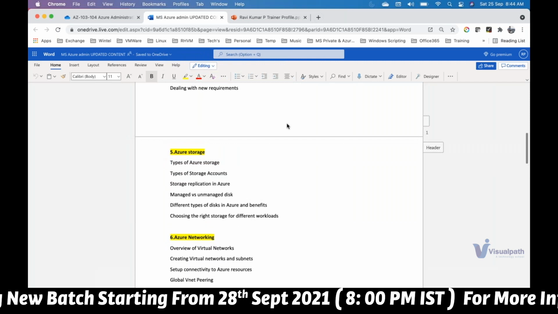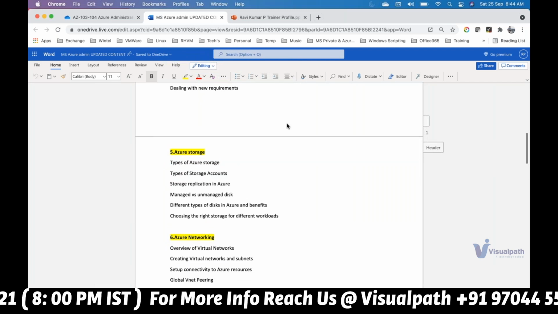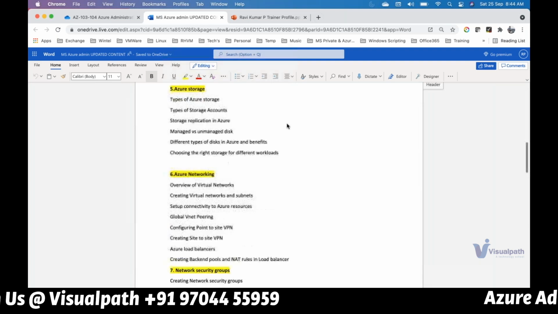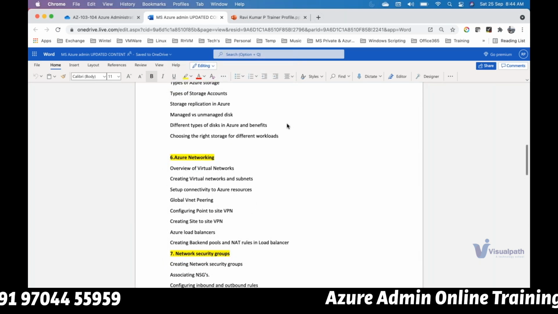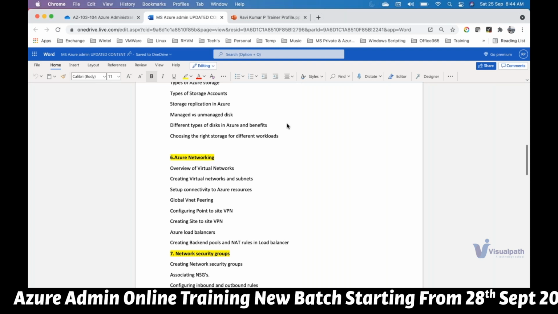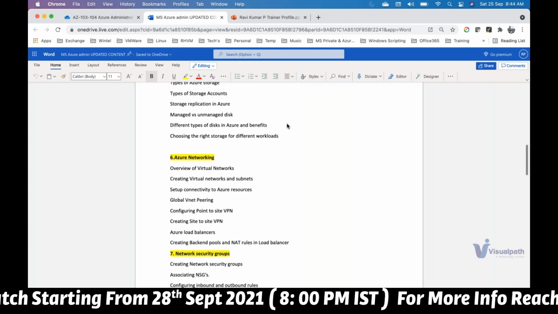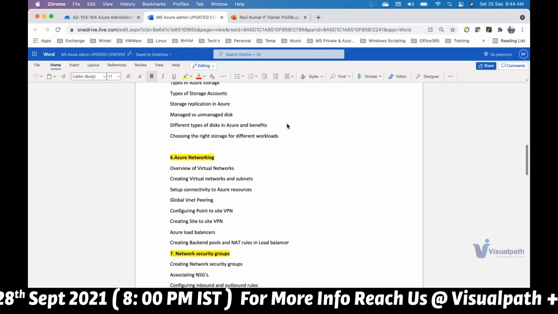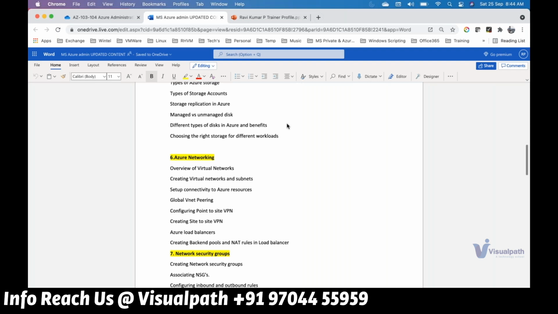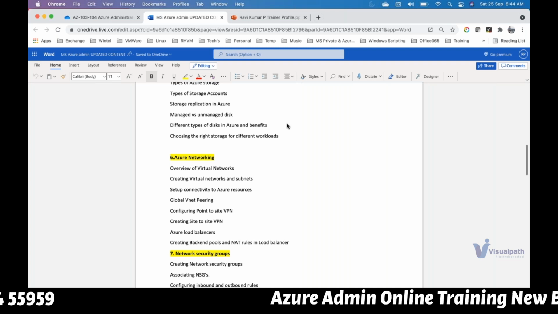Next we'll be covering the storage part, like what Azure Storage is, how you use Azure storage solutions to keep your data, and what the ways are to manage it. We'll cover that in module 5. Module 6 will cover networking: what Azure Virtual Network is and how to create the network. When you have more than one network, how do you connect them to each other, and how do you allow the traffic flow? How do you connect your on-premises infrastructure to Azure using site-to-site and point-to-site? And also we'll cover how you use the Azure load balancing solution to host your application in a load balanced way.